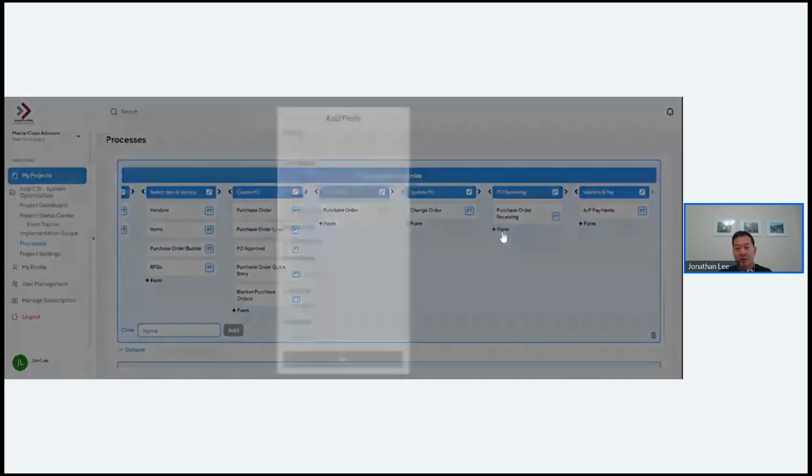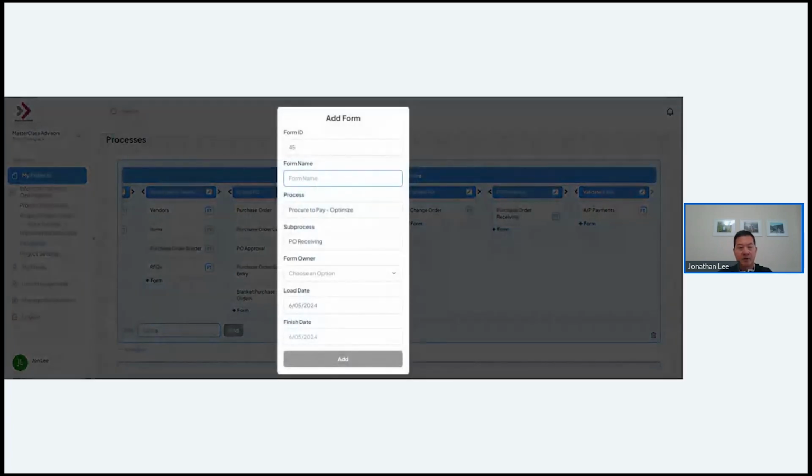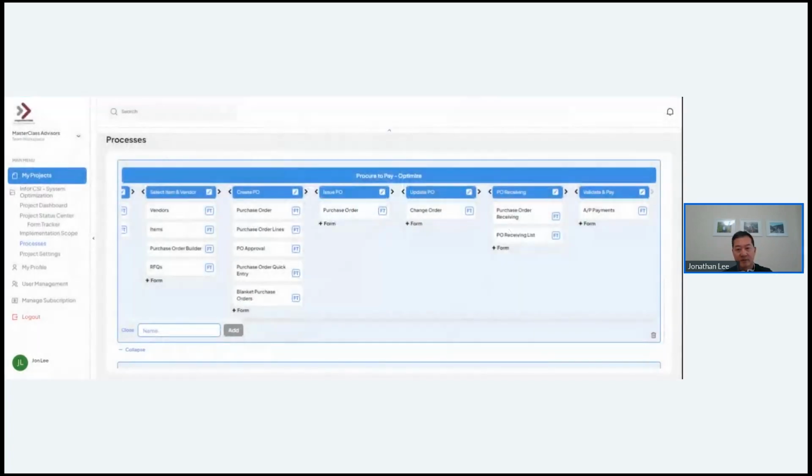Okay, and there's actually another one that we frequently use. You guys probably know this. This is list. All right, so these forms, if I build them out, will probably allow me to do most or all